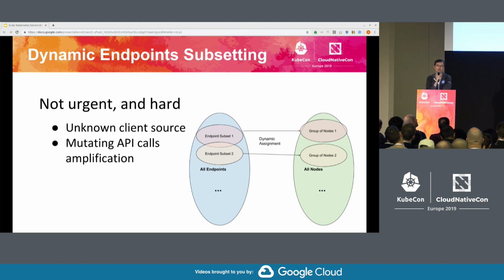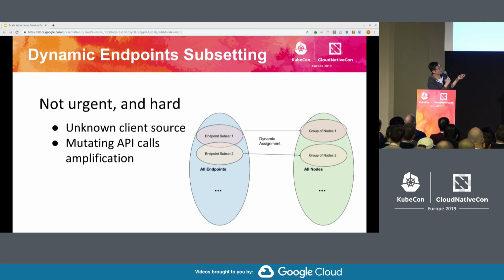In the worst case, some backends will not even receive traffic because their endpoint does not exist on certain nodes, right? So to avoid this imbalance problem, we have to introduce some kind of overlapping.